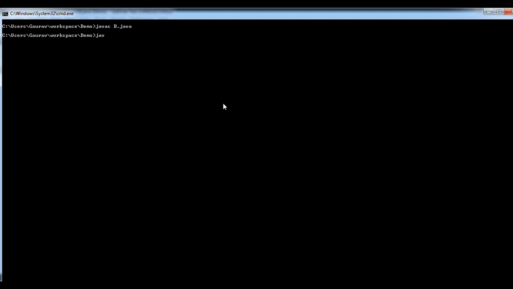So now let's check the bytecode for this class file: javap -v B.class.